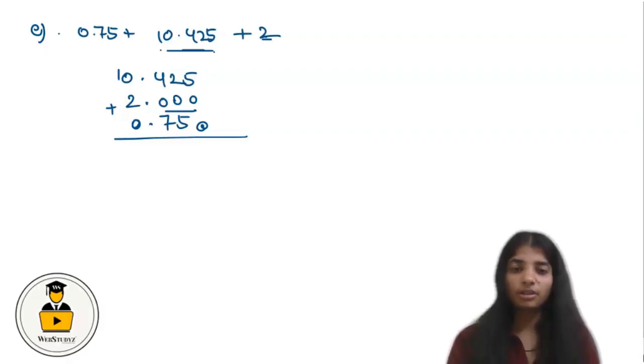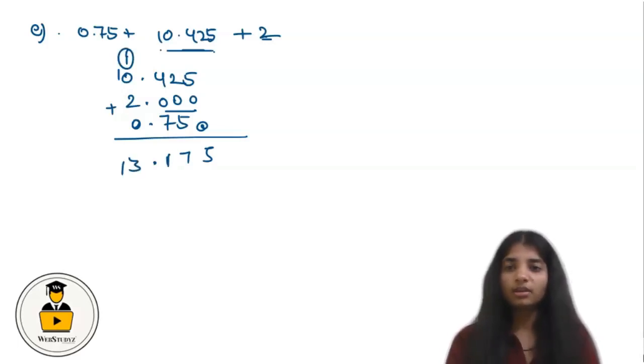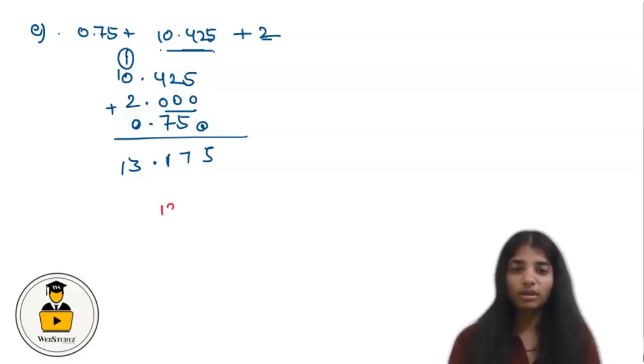So 5 plus 0 is 5, 2 plus 0 plus 5 is 7, 4 plus 0 plus 7 is 11. 1 is here and taking 1 there as carry. So 1 plus 0 plus 2 plus 0 is 3 and this is 1. So from here we can say that the answer to this part is 13.175. So this is the answer to part E of this question. Now let's discuss part F. Part F is